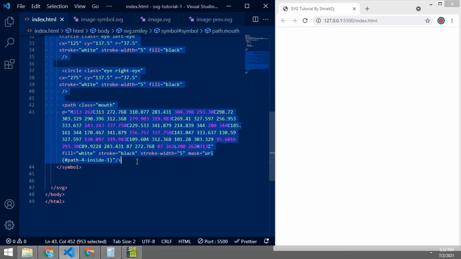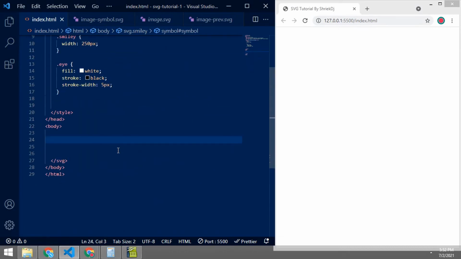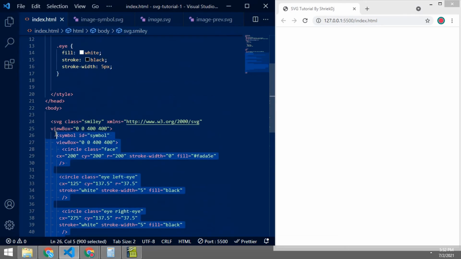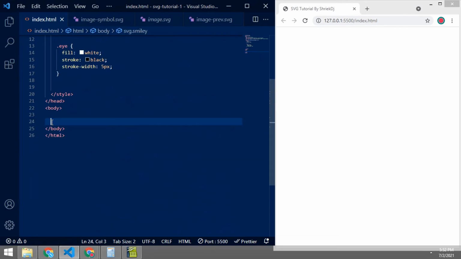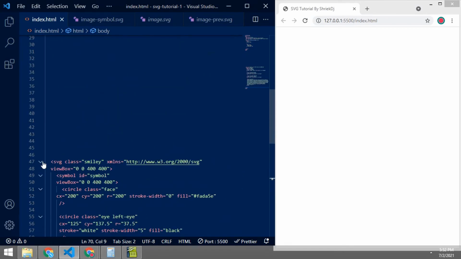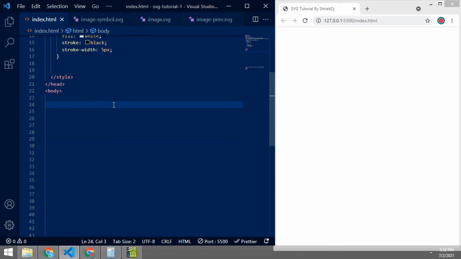Note it down. We should not add an id to svg. We have to add id to our symbol. Add id to symbol. Write it down if you don't understand or forget in future.